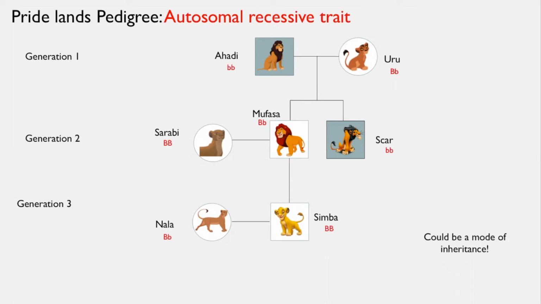The third mode of inheritance is the autosomal recessive trait. In order for the character to present this trait, they would have to be bb. This could also be a potential mode of inheritance because with Ahadi being bb and Yuru being Bb, they are able to pass on two b's to Scar for him to show the black mane trait, and also pass on at least one B to Mufasa so that he does not possess the black